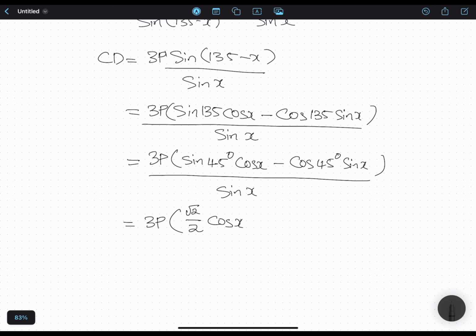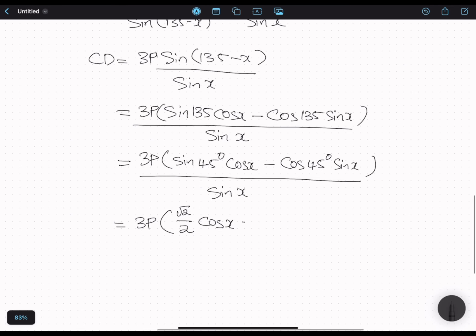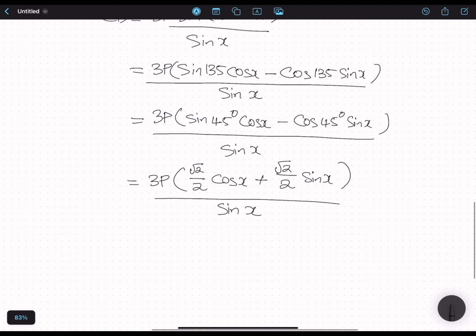Then this one, when you put it, obviously it's going to give you plus square root of 2 divided by 2 sine x. Nice. You see, this is nice. You are getting somewhere, because now we have cos and sine. So we can take this out because we have